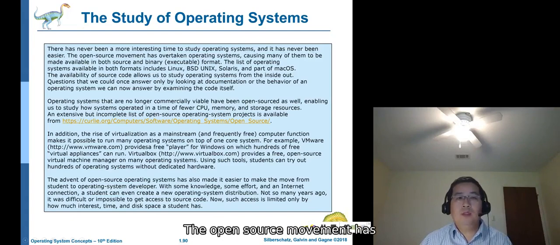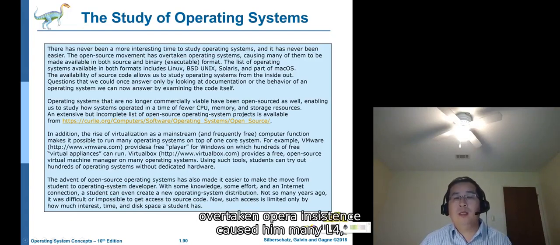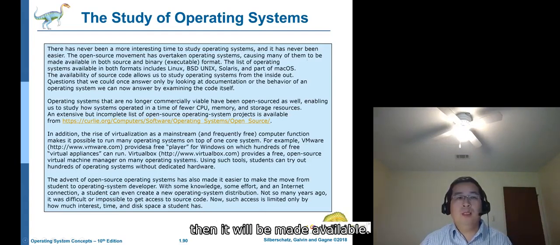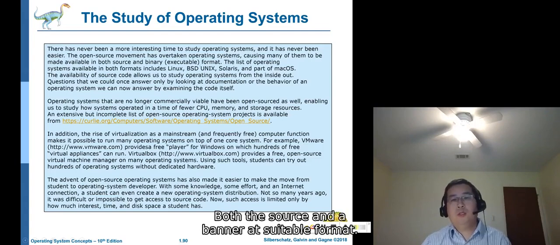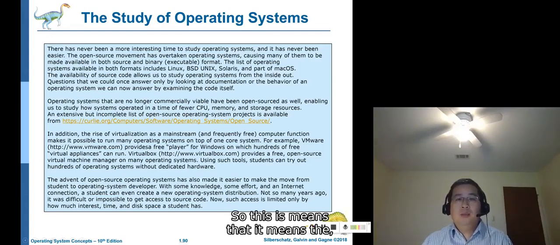The open source movement has overtaken operating systems, causing many of them to be made available in both source and binary executable format. So this means currently we have a lot of resources for us to study different operating systems.